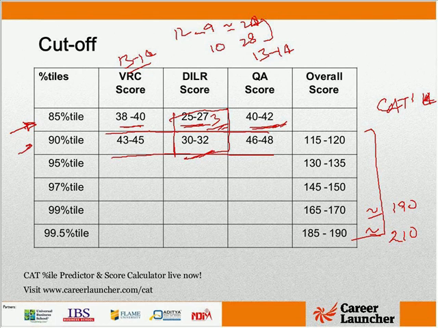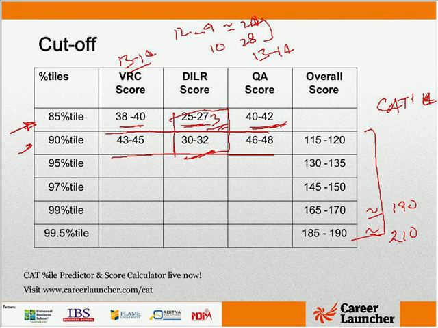I have attempted 18 questions with 80% accuracy in QA, VARC 24 with 90% accuracy, LRDI 18 attempted with 80% accuracy. Is it a good attempt? Well, the accuracy in LRDI seems legit and good. VARC accuracy seems spectacular. Quant accuracy is good as well. One thing that might happen is your net score in quant would be a little on the lower side, somewhere around 42, 43. So you'll perhaps clear the sectional cutoff of 85 percentile, but that is not the section in which you will end up maximizing. Overall, you could probably look at a 95.